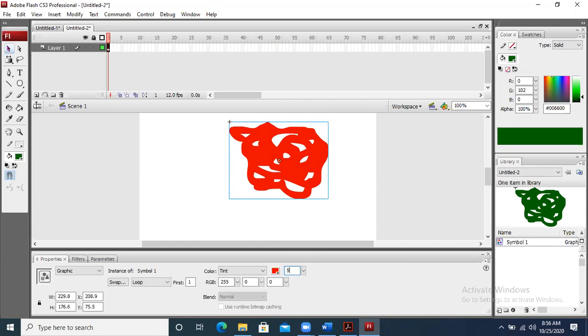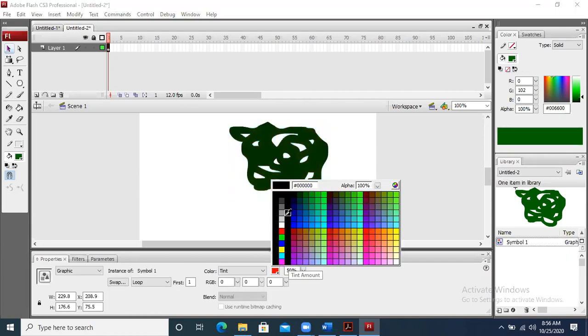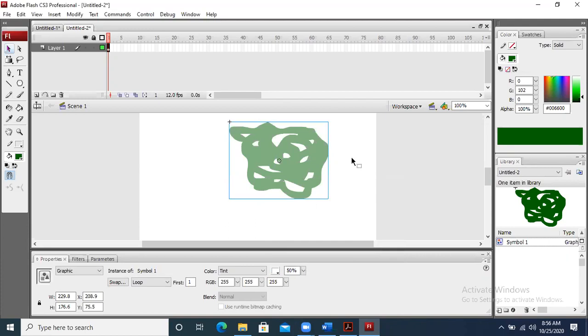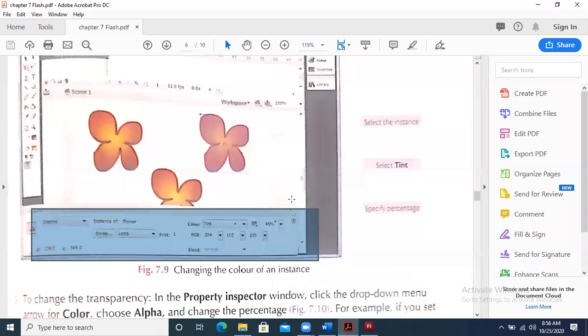Between the green and red, if I say 50%, it will be basically brown. So normally to make the object transparent, we take white color here, so that the transparency is visible enough that we can understand.